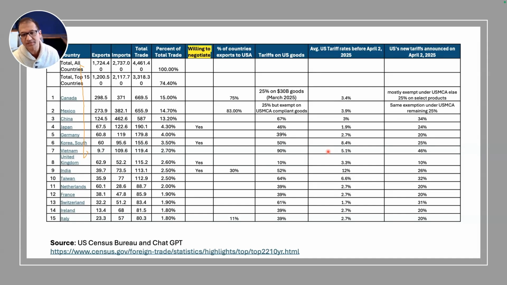Because what are tariffs? Essentially, when a product comes into the country, the government charges some kind of tax. What happens with that tax is it increases the cost of that product to the consumers. And ultimately, who ends up paying? It's the consumers. So previously, as you noticed, the tariffs that the US was charging were very low. The advantage in the past was that the US said, okay, we don't want our consumers to be impacted. But President Trump is saying, well, wait, this is not fair. How come you guys are charging so much and you're not paying that much for all the goods that you send to us? So he wants a fair deal.